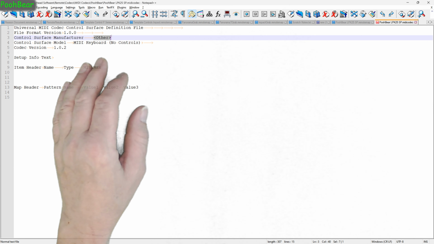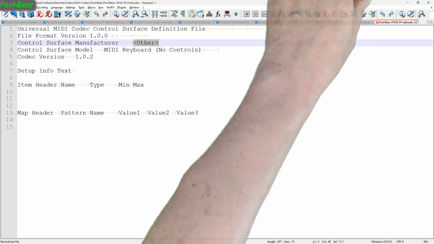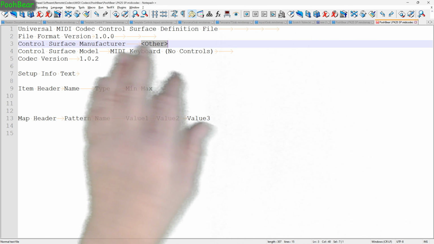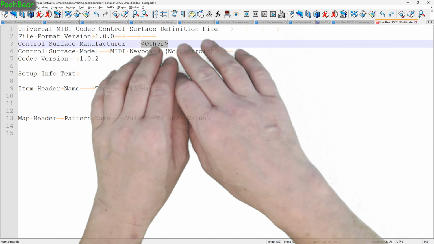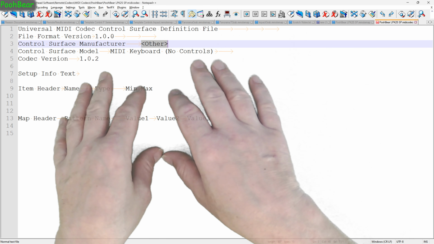Obviously here's my manufacturer. Can I zoom? Let me zoom in and see if I can use the... So I'm using the font zooming rather than my zooming program. So my manufacturer, I was thinking of calling it an Akai because I'm playing around with an Akai keyboard, but